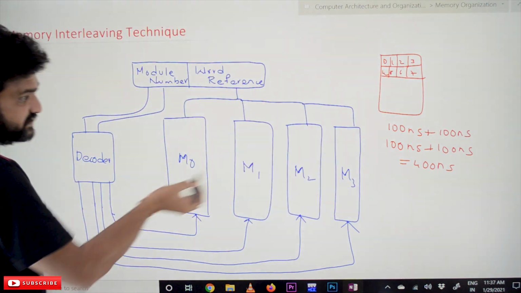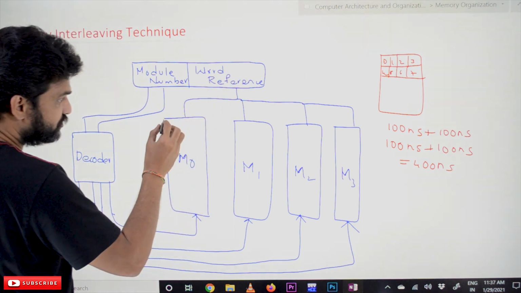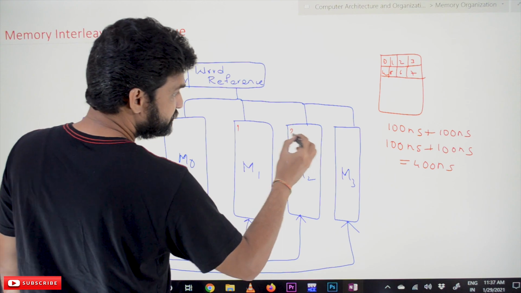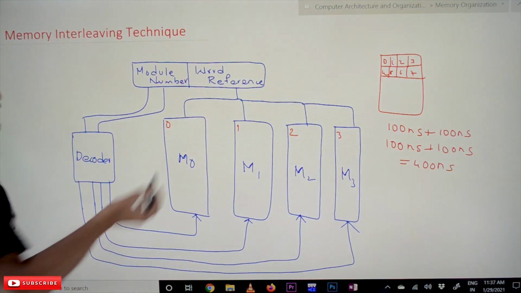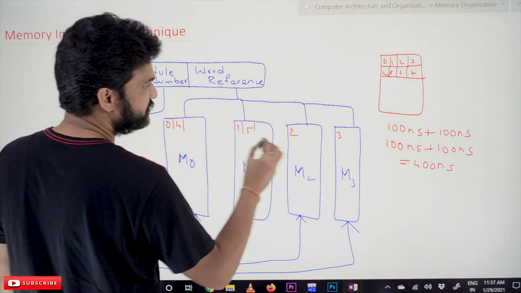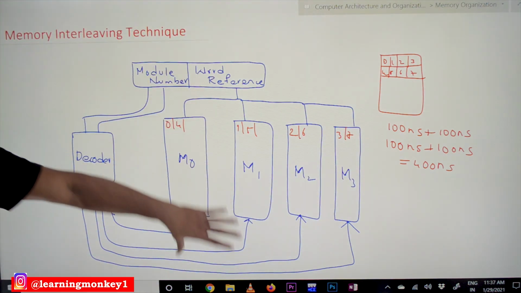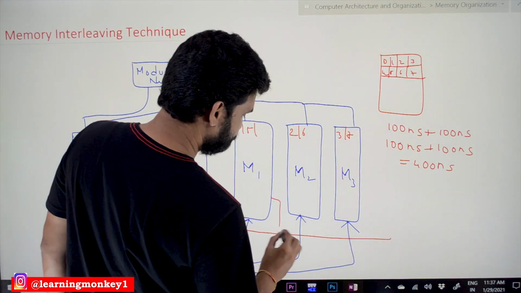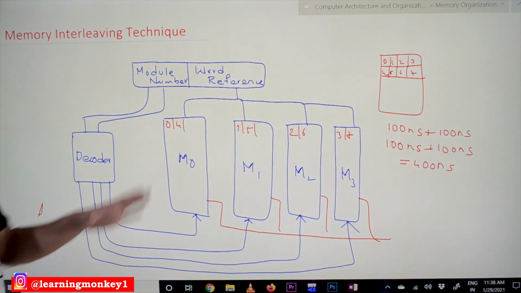So what happens with this technique is, we are going to have 4 modules, and each word is getting stored on a particular module. The first word will get stored in this module, second word in this module, and third word on this module. Similarly, 4th will get stored in this module, 5th in this module, 6th here, 7th here. So with this, we are going to have parallel access. So parallelly, the content will get accessed, and it will get stored onto the main memory.